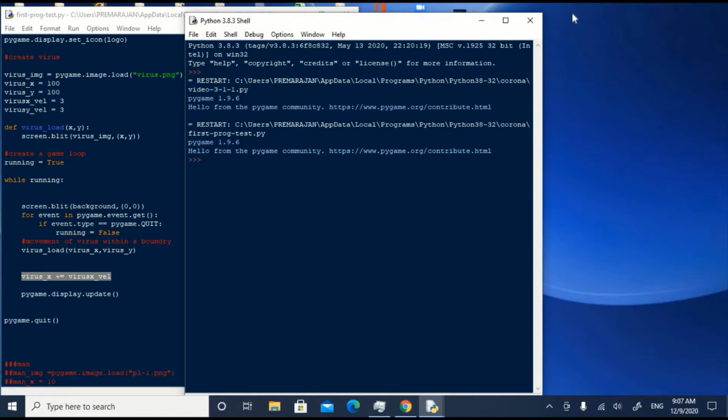At the beginning of the loop, the screen is redrawn by the screen fill or by an image load command. To give effect to any movement of an object, at every instance of the loop, the screen must be redrawn, the object drawn in the new position and display updated. This takes place and is repeated so fast that you get a sensation that the object is moving. If the screen is not refreshed, the object would appear as if a brush dipped in paint is dragged on the screen. Let us see that.